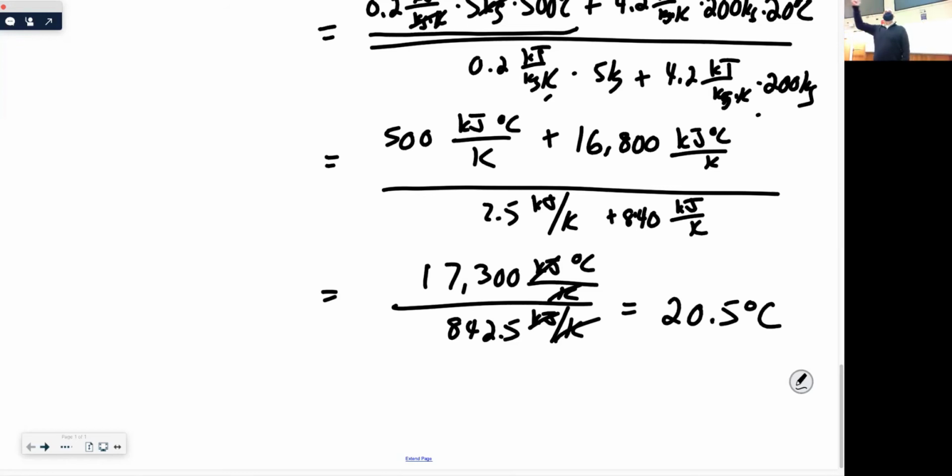Okay, so the bottom line of all of this stuff in this part is the negative sign. Don't forget the negative sign. It doesn't even matter which side you put it on. It'll work out either way. It just has to be a negative sign on one side of the equation when you do these problems where all of the energy is being transferred from one object to the other. Okay.